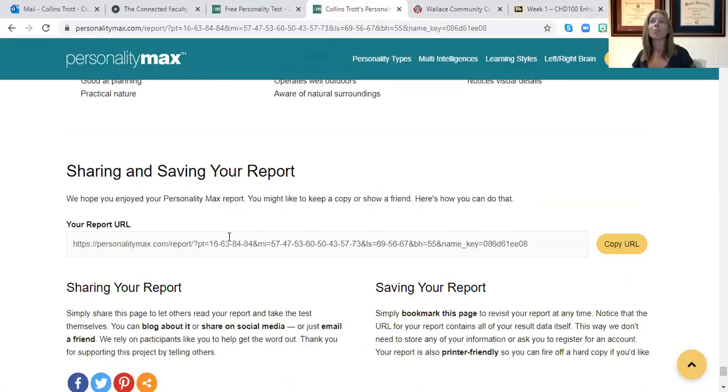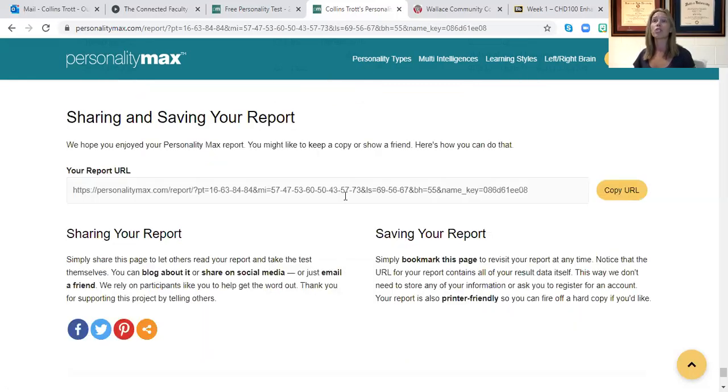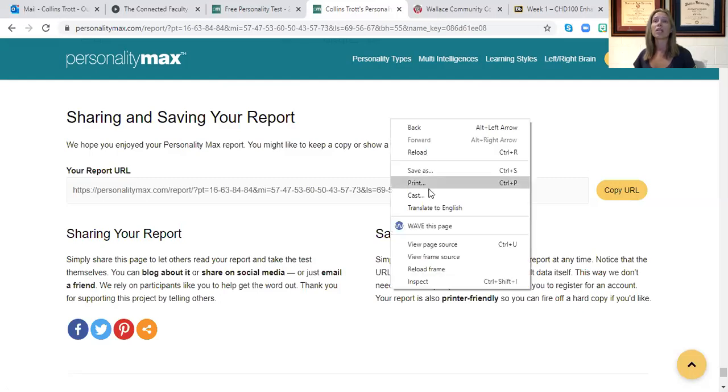Okay, here we go. So now at the bottom, it is sharing and saving your report. There is a link here that you can copy, you can save, so you have access to that report at any point in time, or you can go ahead and print the report. This website is set up printer friendly. So if I just right click and hit print,